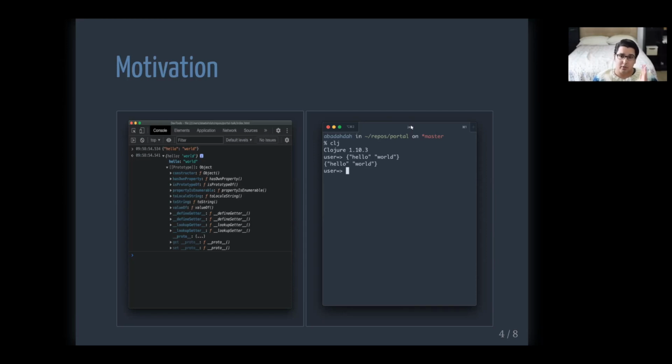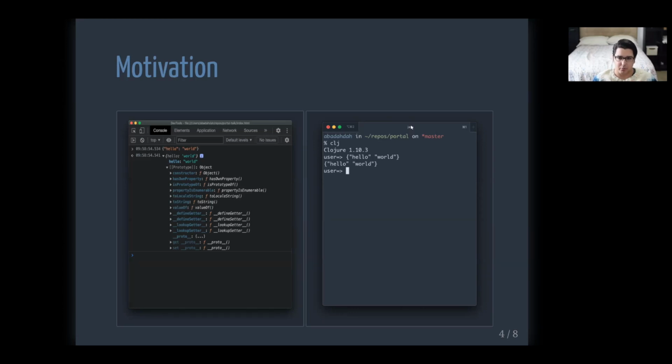Then you go to Clojure land, and the REPL is awesome, but you pass in a string that's data, and you get back a string that's data, but it's still a string, and you have to copy paste, and it's just not as nice as what I was used to in